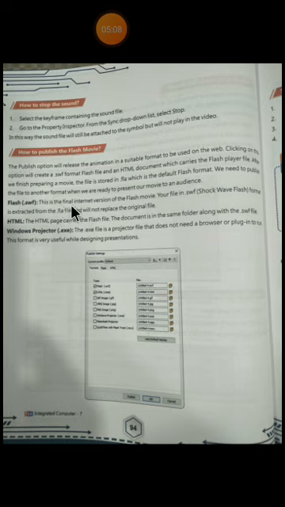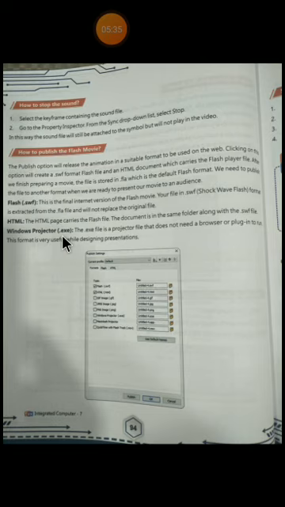Flash .swf is the final internet version of the Flash movie. SWF full form is Shockwave Flash. This format is exported from the .fla file and will not replace the original file. HTML: the HTML page carries the Flash file. The document is in the same folder along with the .swf file.